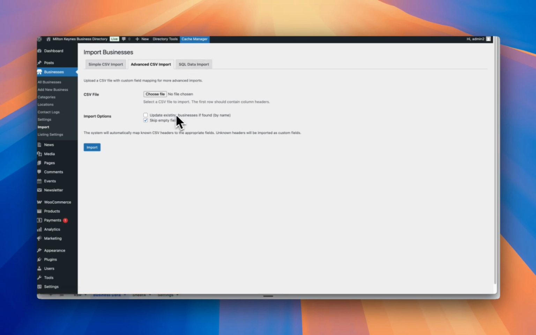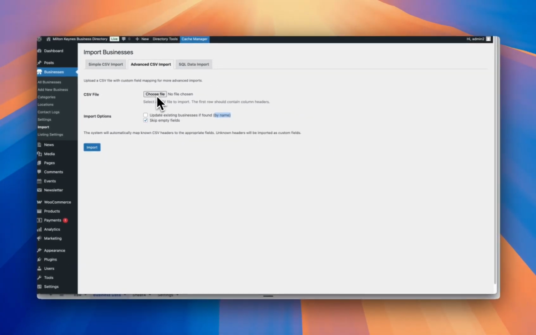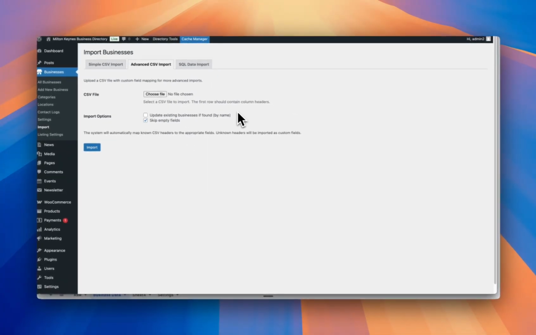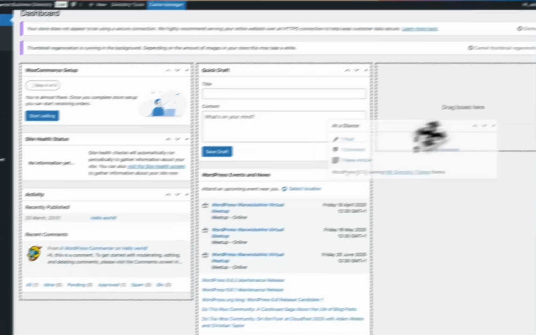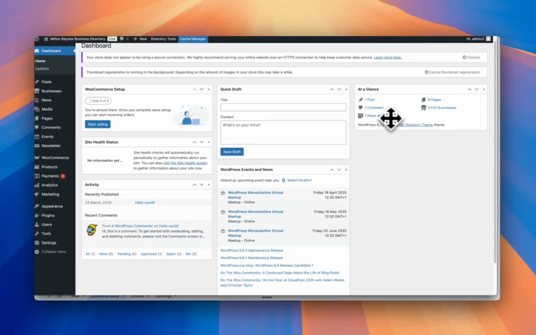So now that I've updated the sheet, it has the same business names, but I've got the reviews now that I want to add, so I can just upload that. But in future, what I'm trying to do is allow us to just put the Outscraper API key into the backend, or Firecrawl, any of those scraping tools, and then just scrape the business data based on the search terms that we want. And we've got the at a glance, which shows how many businesses we've got, how many news